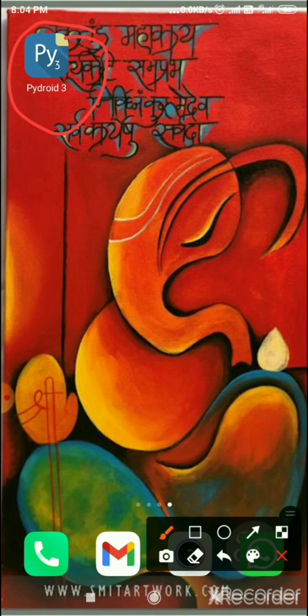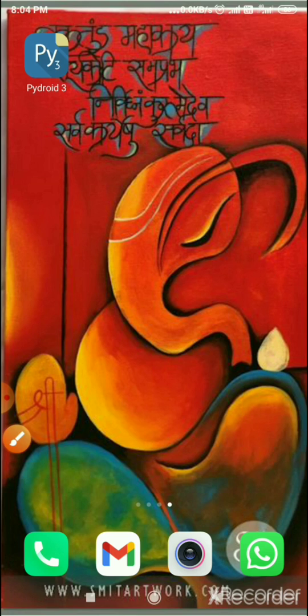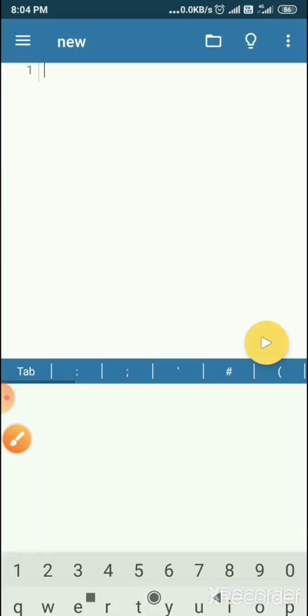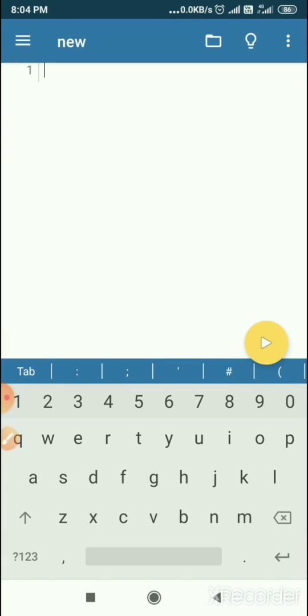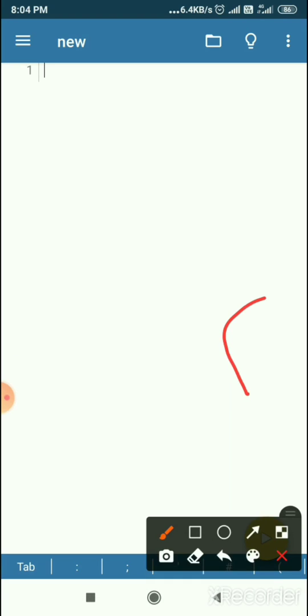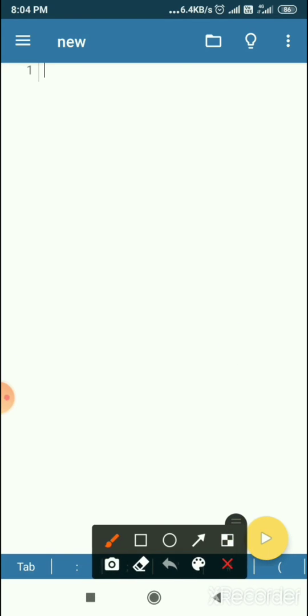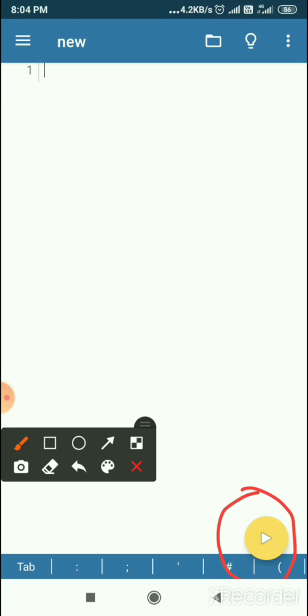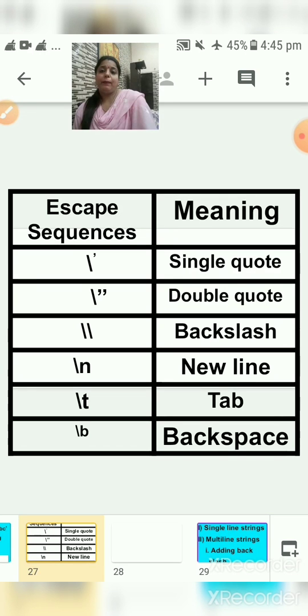Okay, then you will click on this. This is Python and this is for run. So children, download this application if you don't have a computer and use this application. If you have a computer, use the Python application on that. I'm repeating, I'm using one app for Python on my cell phone only.